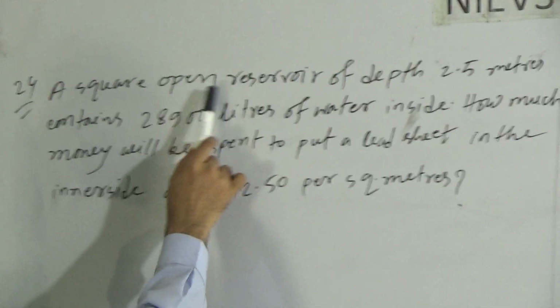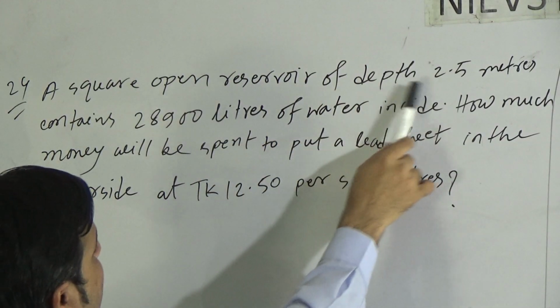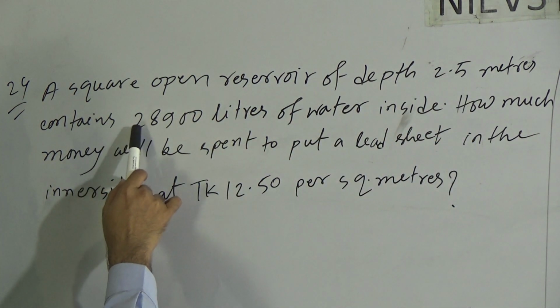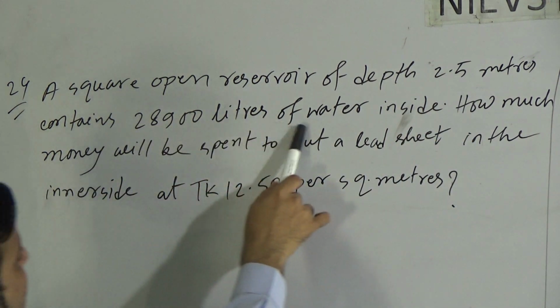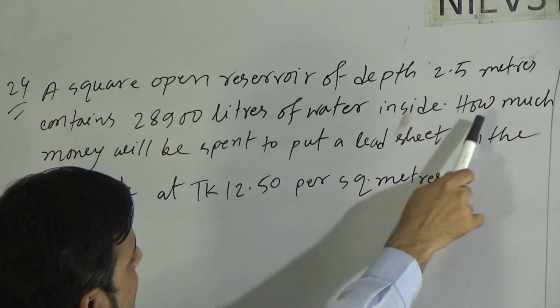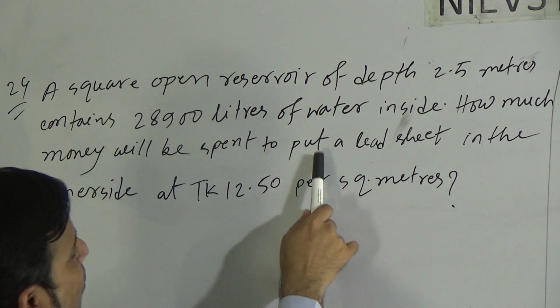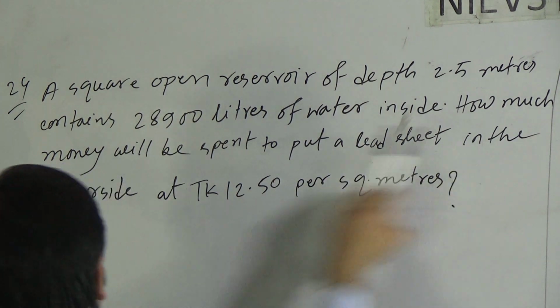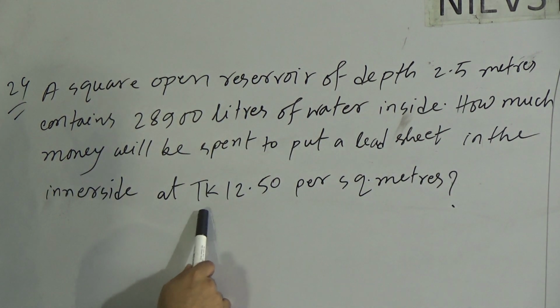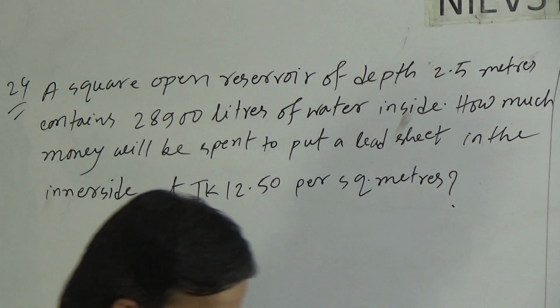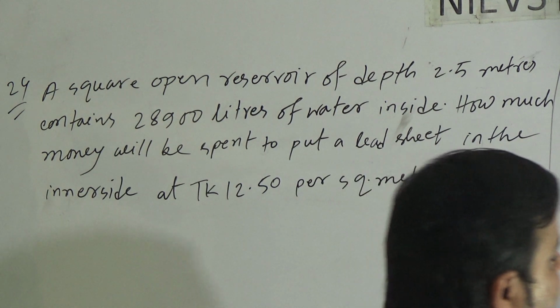A square open reservoir of depth 2.5 meters contains 28,900 liters of water inside. How much money will be spent to put a lead sheet in the inner side at taka 12.50 per square meter? Dear students, it means that